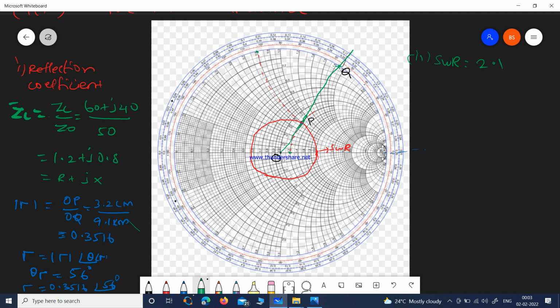So third, they asked the input impedance. So we need to find the input impedance. They have given a certain, at the particular length of transmission line, we need to find it. So for that we need to have the lambda value first. Then we will find what is the length of that transmission line in terms of wavelength. According to that, we need to see that. So first, let us find the lambda, which is